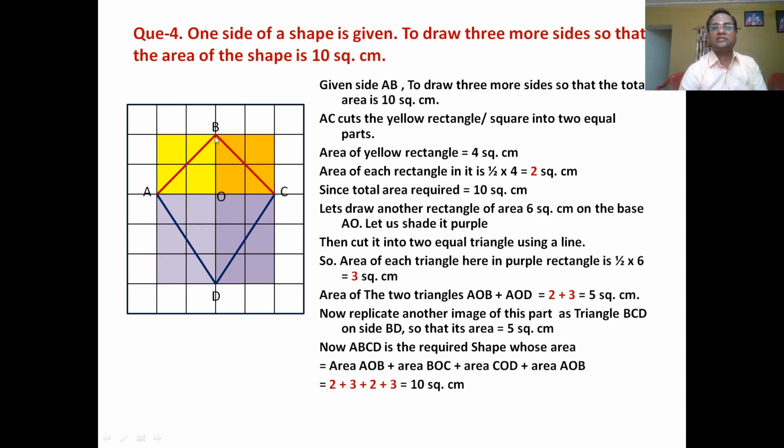Now just replicate this on the other side. So draw another square here equal to this square and cut it into two parts. Draw another rectangle here, OC, say YD, equal to AOCX on the other side, cut it into two. So again here you will get 2 square units, again here you will get 3 square units, total making 2 plus 2 is 4, plus 3 is 7, plus 3 is 10 square units.